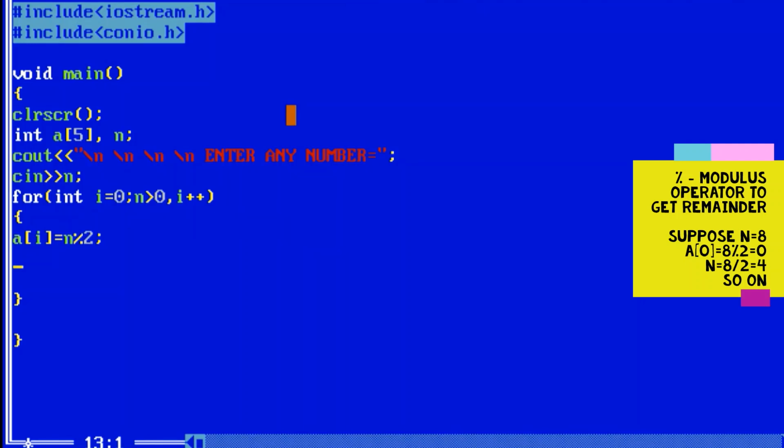After that, the new revised value of n will be n = n / 2. This is to find the quotient of the number. Suppose the number is 8, then 8 will be divided by 2 and the quotient is 4. So next time we divide that number by 2 repeatedly. Make sure that the n value should be greater than 0.